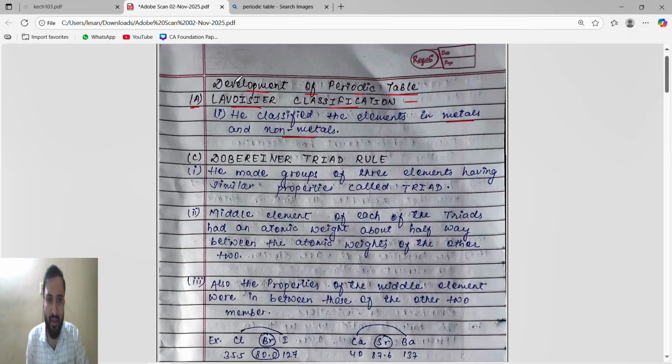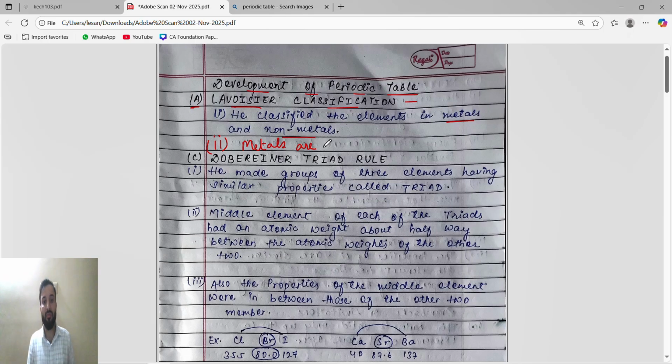Okay, so we'll write the heading: development of the periodic table. First is Lavoisier classification. In that, the first point is that he classified the elements into metals and non-metals. That's it. Second point, what he said: metals are